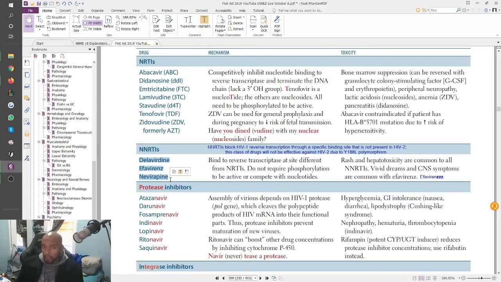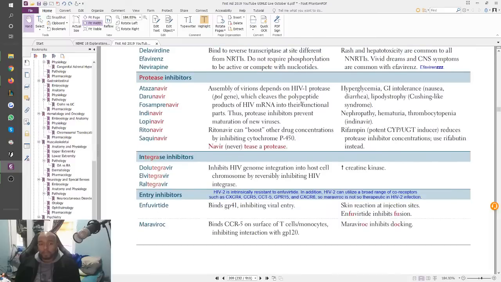Remember that they are NNRTIs, and the fact that efavirenz, right, can cause vivid dreams and CNS symptoms. Otherwise, they all cause rash and hepatotoxicity. Very common. That's it. Any other medication you see is an NRTI. So abacavir, adenosine, emtricitabine, zidovudine, whatever you might see. Now, as far as memorizing side effects, that takes time. You have to revisit it. You make a little card for yourself. Look at it throughout the day until you memorize it. Throw the card away. But make things to actively memorize things.